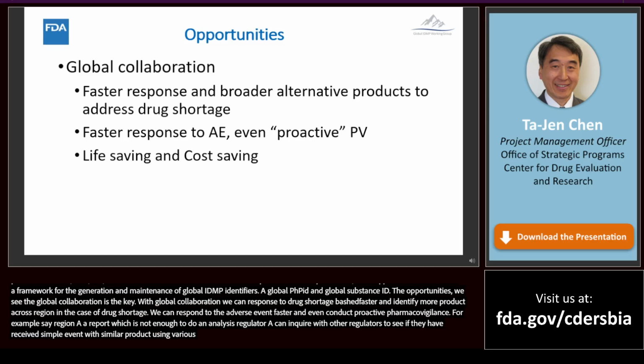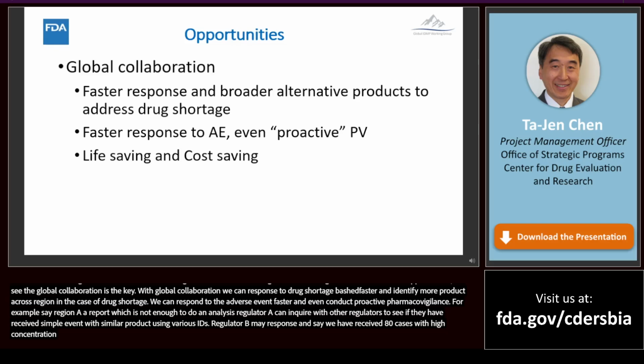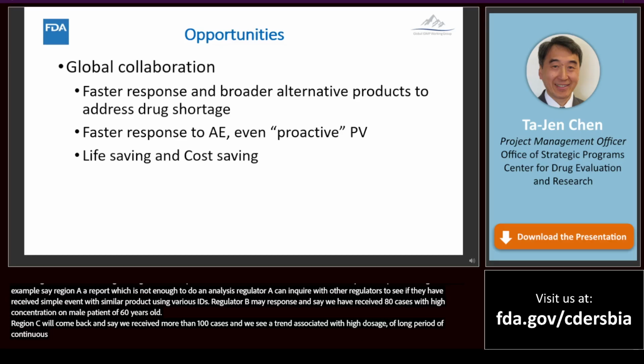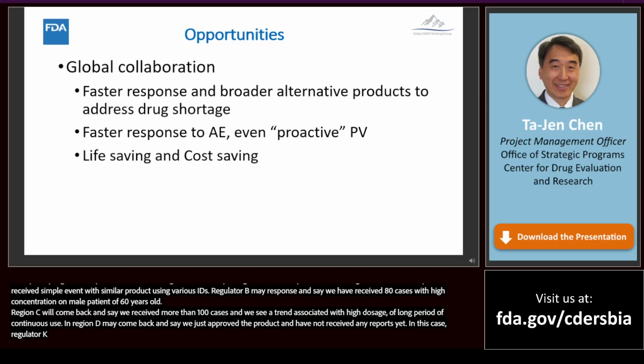Regulator B may respond back and say, hey, we have received somewhere around 80 cases with high concentration in male patients over 60 years old. Region C may also come back and say, hey, we received more than 100 cases and we see a trend associated with high dosage, say 500 milligram, over a long period of continuous use, say 90 days, right? And region D may come back and say, well, we just approved the product and have not received any report yet. So in this case, regulator A and regulator D, or even B and C, can then turn to their